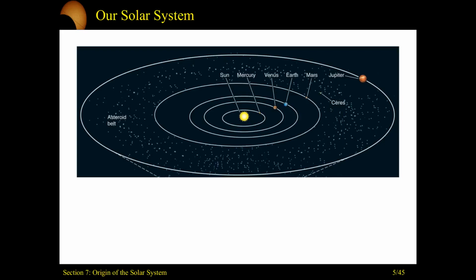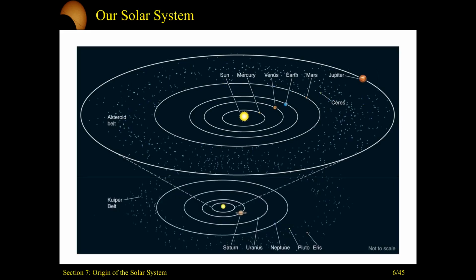Let's put our solar system in scale by looking at these diagrams here. We'll start at the Sun at the center and go out. Mercury, Venus, Earth, Mars. Ceres is a dwarf planet that exists all the way in the asteroid belt. And once you get past that, we can see Jupiter. And of course, we need to zoom out a bit to see the rest of the solar system. So take Jupiter's orbit, this big circle in this top picture, and shrink it down. So in this ring here in this bottom picture, that's going to be Jupiter's orbit. And we'll keep going. Saturn, Uranus, Neptune, and then we'll see more dwarf planets, Pluto and Eris, out in the